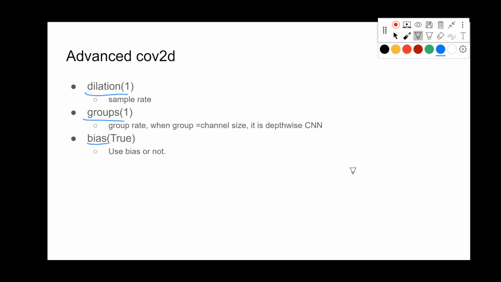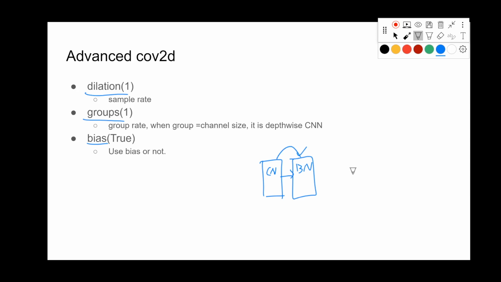For example, if we have a convolution layer followed by a batch normalization layer, the bias term of the CNN can be put into the batch normalization layer.